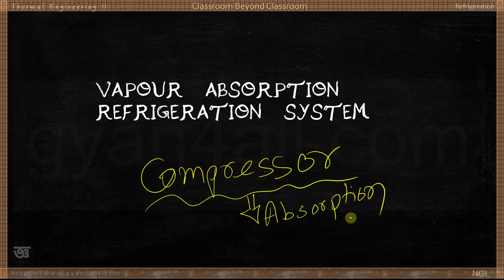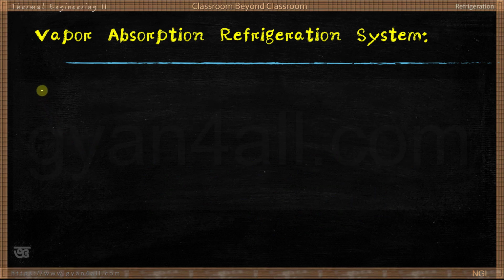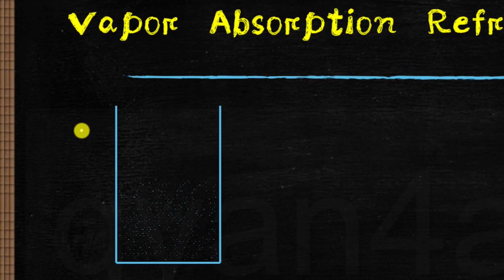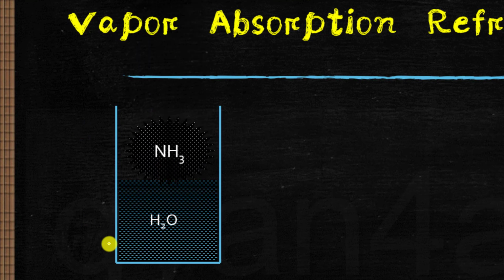and this absorption and some additional facility will help the compression of the refrigerant vapor, and that we'll discuss in today's class. Okay, so what is vapor absorption refrigeration system? Let us discuss one interesting phenomenon. Suppose we have some water in a container, and if there is some ammonia vapor, say,